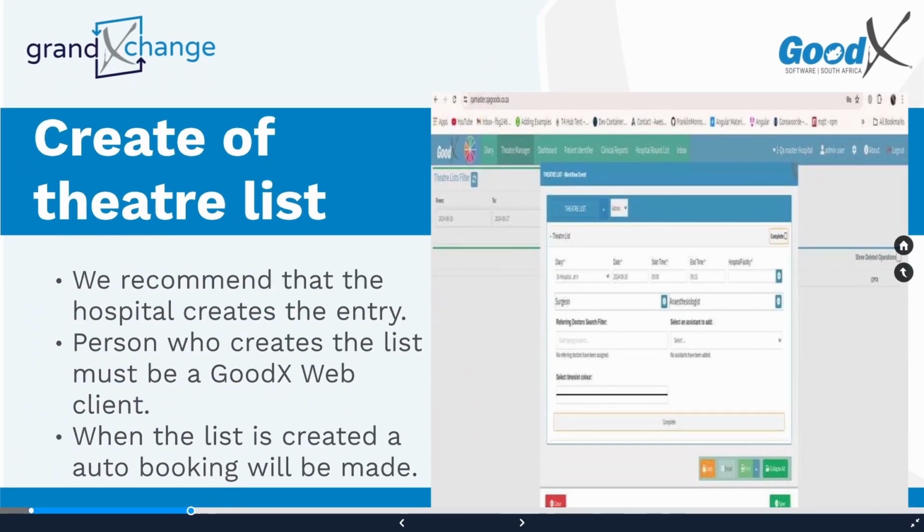So, let's do a little bit of a recap of how to create a theatre list. We always recommend that hospitals create the entry list. The person who creates the list should be a GoodX web user, and then when you've created a list, a diary entry will automatically be made. So, when you fill in your theatre list and you get to add a practitioner,